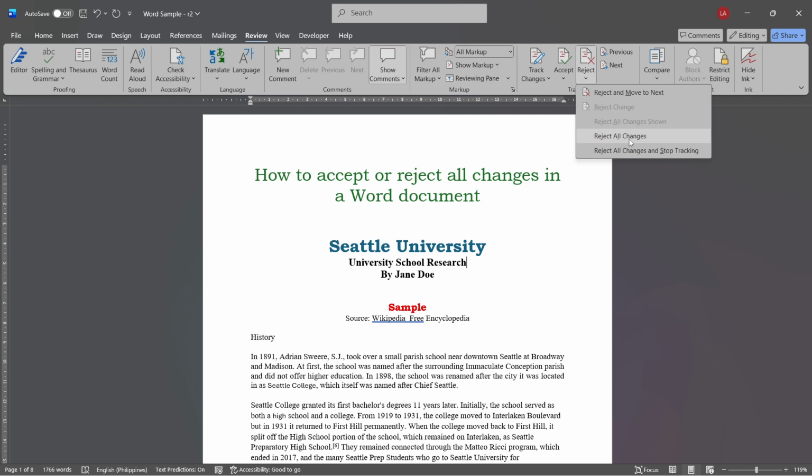Should you also wish to cease the tracking of changes, perhaps because you've reached the final version of your document, you can opt for Accept All Changes and Stop Tracking. This halts the change logging feature, stopping any further tracking and ensuring that your document reflects only the accepted versions